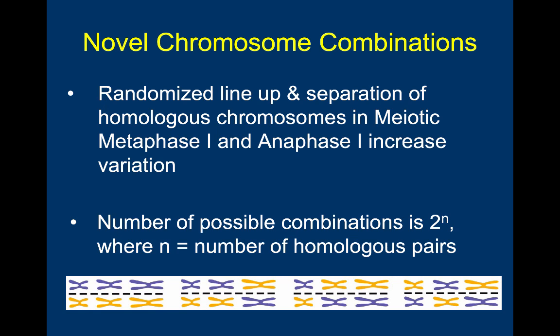So this is a huge, huge driver of genetic diversity, this random lining up of chromosomes on the metaphase plate. It does take a little bit of time to wrap your mind around this, as far as what's actually going on with the homologs and why they're lining up this way. But of course, you can always ask questions. You can always ask me to go back, and I'll cover this again for you. We can show it different ways, but it's just a matter of having